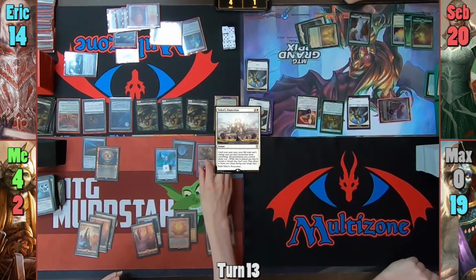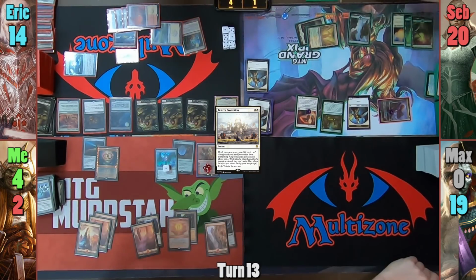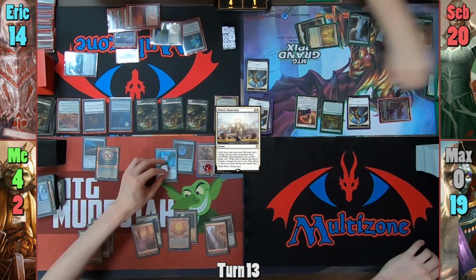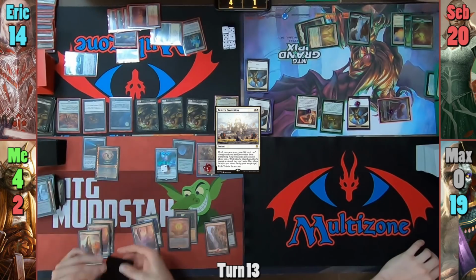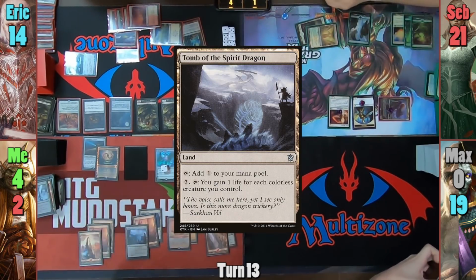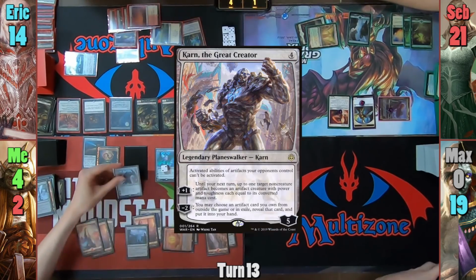I uptick Daretti, discarding 2 lands and drawing 4 cards, 3 of which are lands. I then uptick Ugin to manifest a Spirit token from the top card of my library, and Seb gains a life as it comes in. I then played Tomb of the Spirit Dragon as my land per turn, and then drop Karn the Great Creator,